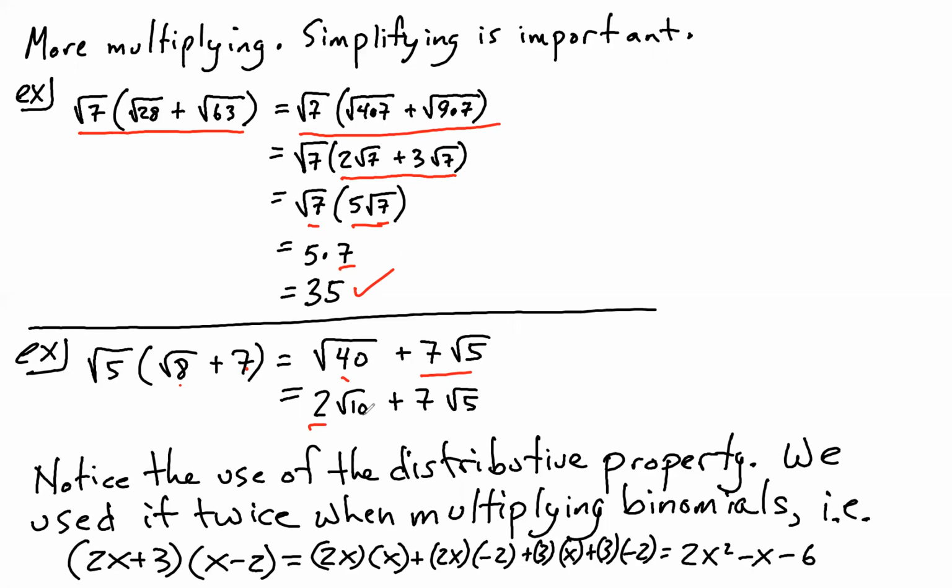Now notice that we're using the distributive property. And before, when we multiply binomials, we use that distributive property twice. Here's an example of it down at the bottom of the screen. But let's move on and try this with